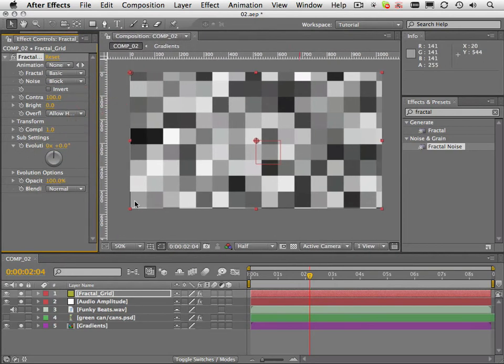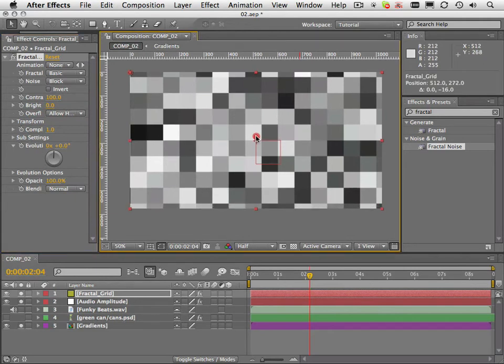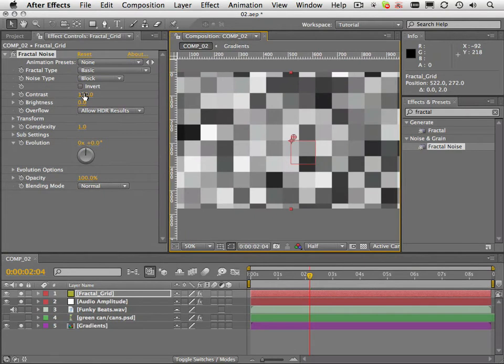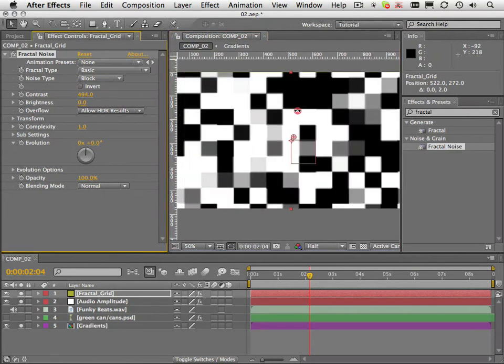Just want to get rid of these little slithers of blocks on the side, so I'm just going to drag the middle here and just try and even that out a little bit, just to be a little tidier around the edges. Okay, so what I want to do now is increase the contrast, just really take that right up